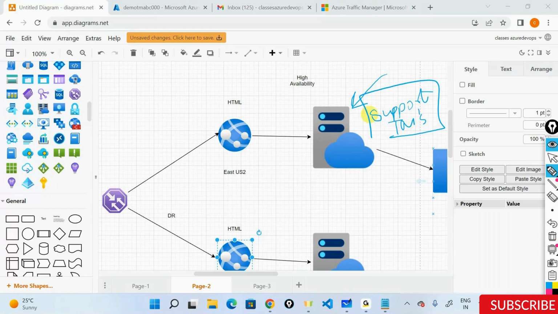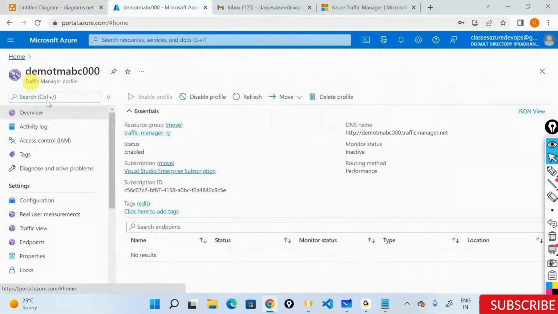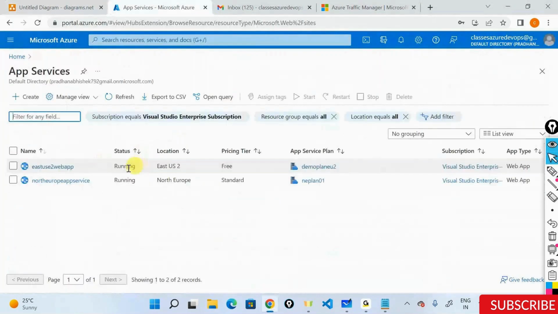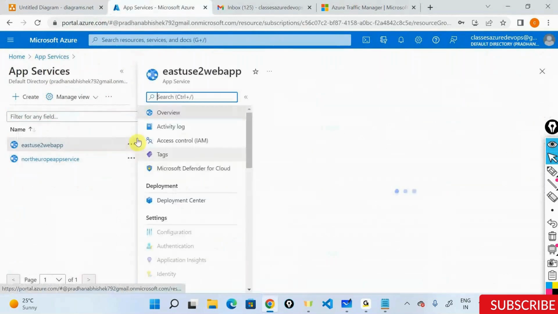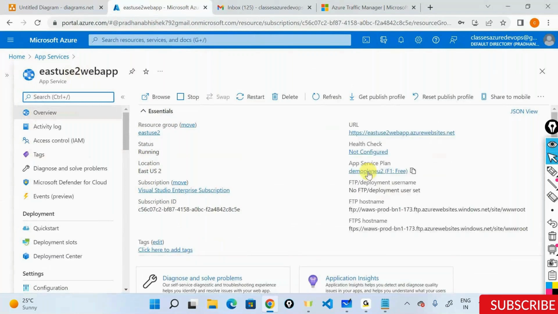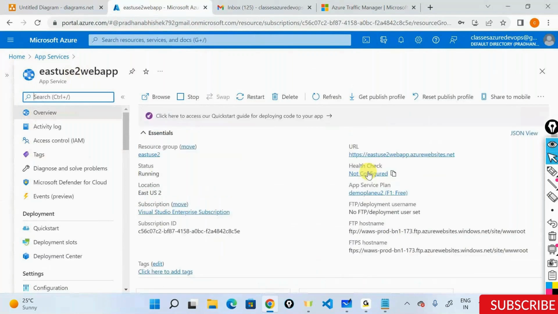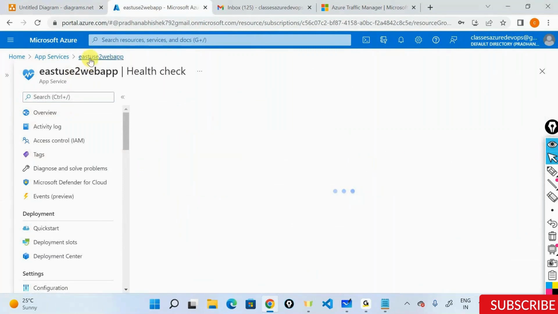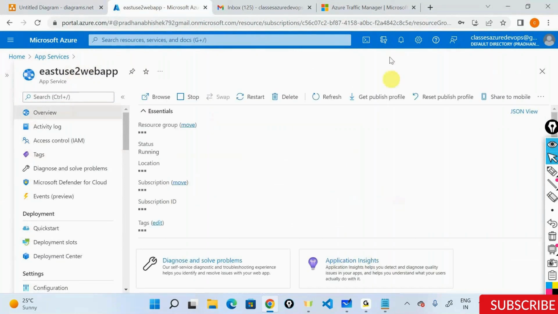Again, if I go back into my portal and go into my app services, I'll go into the EastUS2 app service. This EastUS2 app service is running on a plan called demo plan US East 2, F1 free. So if I just click on that one,